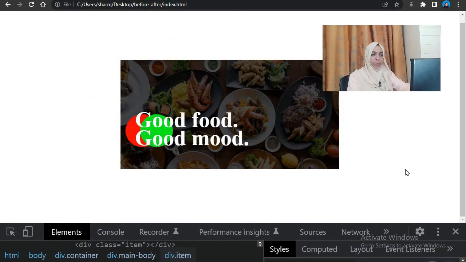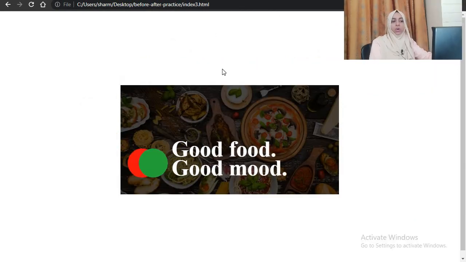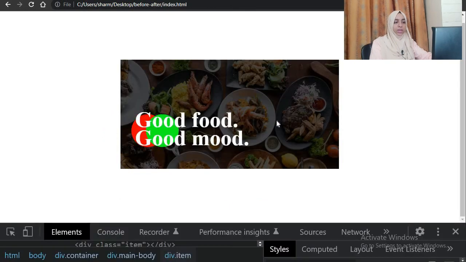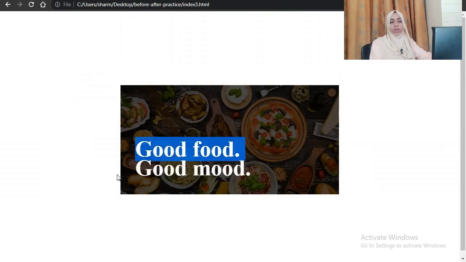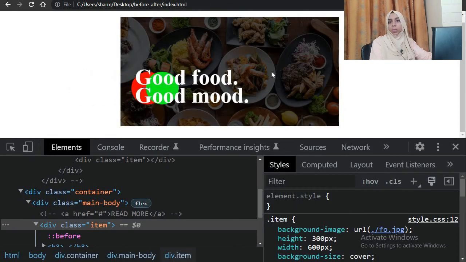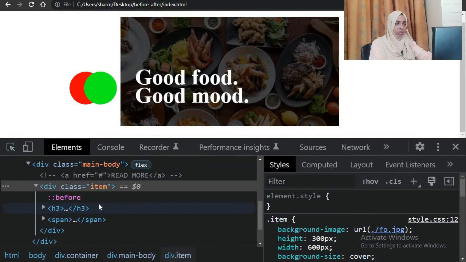So works perfectly fine. Okay, but it doesn't look like this, right? The H3 over here is also moving, correct? So now to do that, think of it, and also this element is not visible, right? It is there on the page, but it is not visible. So how will you do that? Think about it and try it yourself.